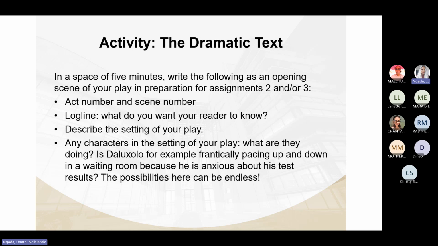the exclamation point. So Taneo here wrote Act 1, Scene 1, logline, a decision made, but at what cost? Setting, Lana and Theo are in the dining room of their shared home. Characters, Theo has lost his love for Lana. He found out that Lana has betrayed him financially and gave trade secrets of the family business. Lana pleads for their family and marriage, but a decision has been made.